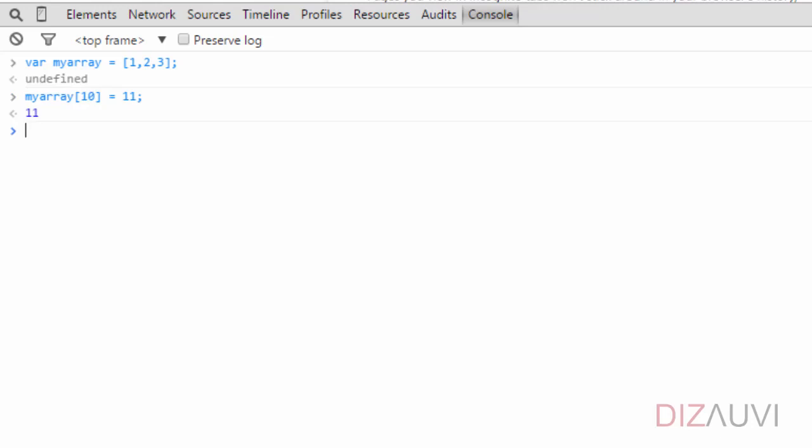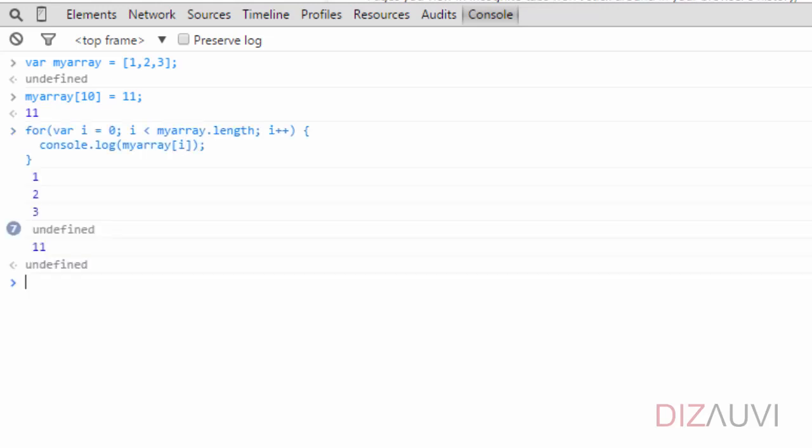The first way is the regular for loop, which accesses each element through their numeric index. So we can say for i equal to 0, i less than myArray.length, i plus plus, then open and close braces, and inside this we can access each element through the index i. So we can access them as myArray with subscript i. Alright. As mentioned earlier, some elements of the array may be undefined. So we should ideally check if the value is not undefined and then read the element at that index.